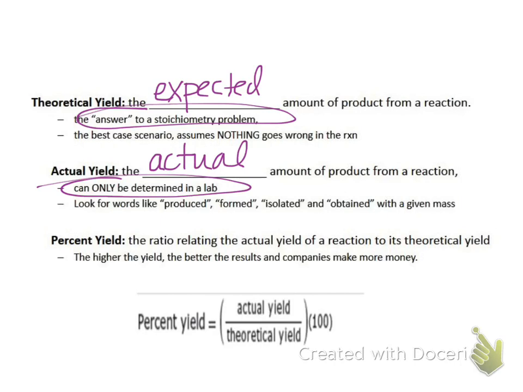It's not possible. Okay, so here's the formula we're going to use. It's just going to be a little extra step at the end of the problem. You'll be given the actual yield. Sometimes we might give you the percent yield and actually ask you to solve for actual, which is basic algebra, okay? But you want to look for these words like produced, formed, isolated, collected, to know that that's talking about an actual yield, okay? Don't start the problem with the actual yield. You will not get the right answer.